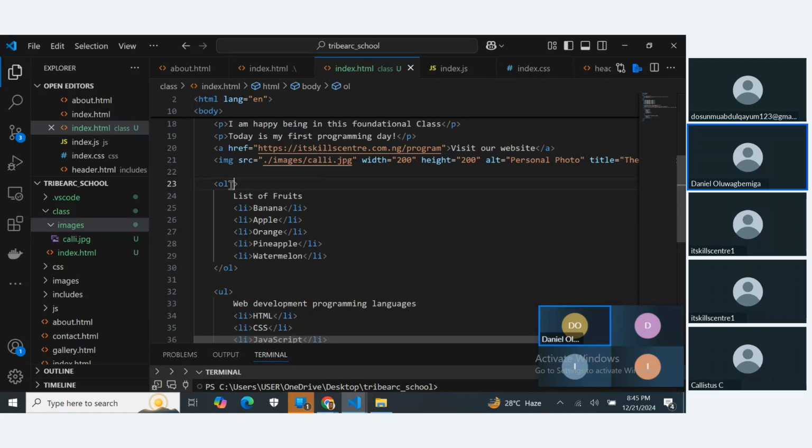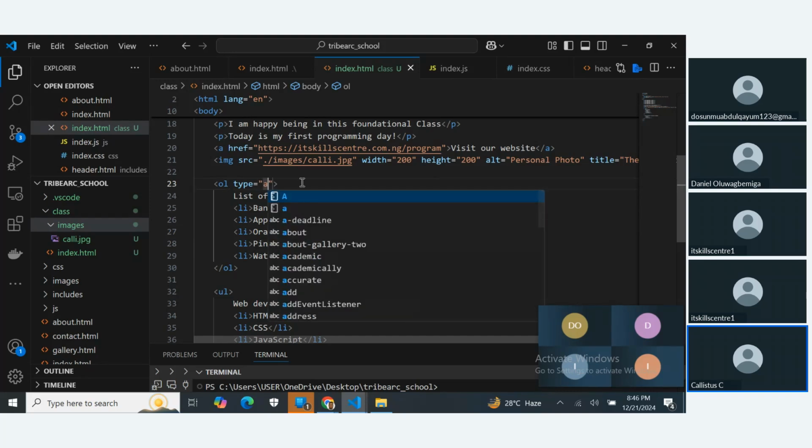They are incomplete without some attributes. So if we want to define the type of numbering that we need, whether 1, 2, 3 or alphabets, we can just come here, let's assume, and put the type attribute, and place an equal sign. So this type attribute, if we put a here,